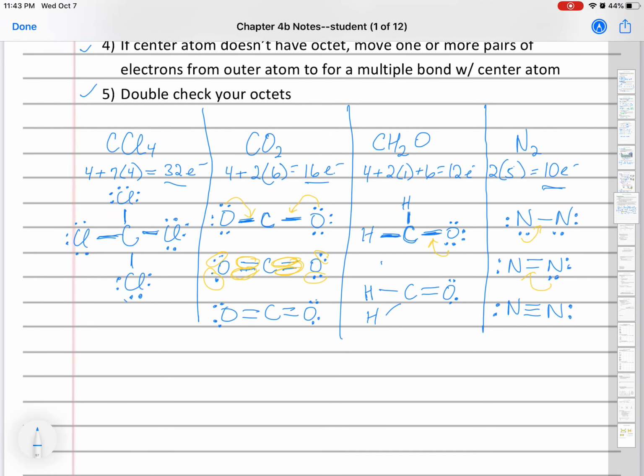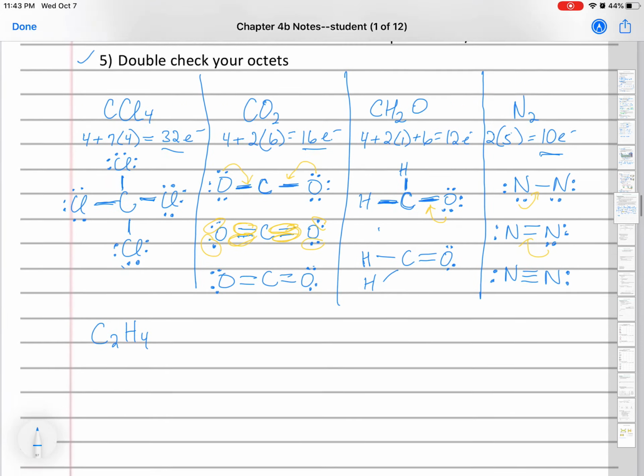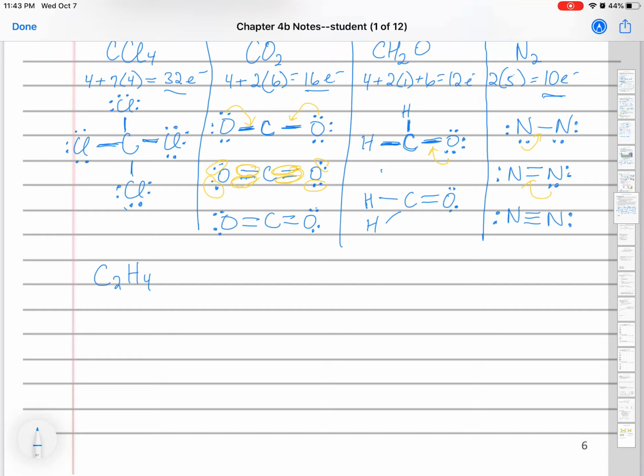Lewis structures. I'm going to do one more here, so maybe pause the video and see if you can draw this one, C2H4. Make sure you follow the steps, and I will do it outright here. So let's see, we've got 2 carbons with 4 valence electrons each, and 4 hydrogens with 1 valence electron each. 8 plus 4 is 12 electrons. So I'm going to put my carbons together